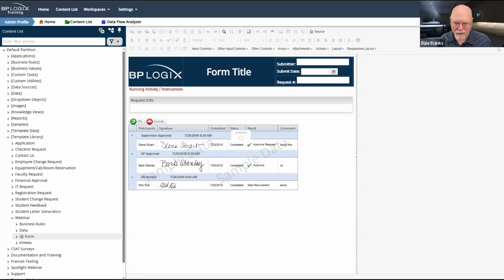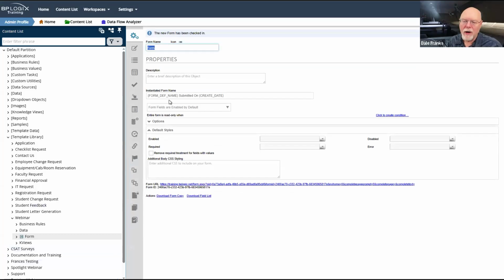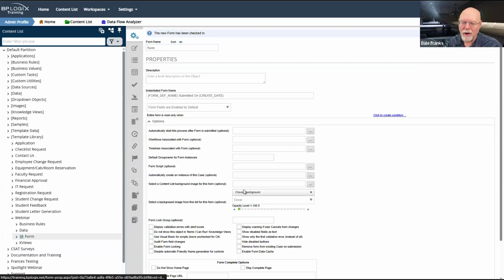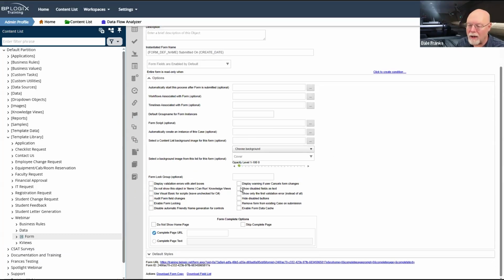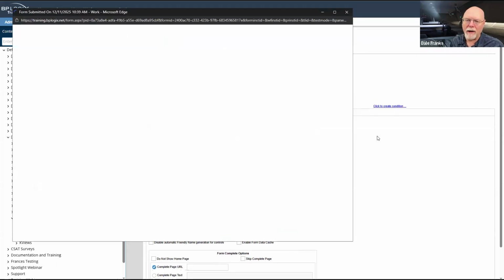So we can go ahead and save the form and then do the standard things that we need to do on the properties tab of the form definition. So when our form is saved, we will have to go into the properties tab. We'll go into our not default styles. We'll go into our options. We can't associate the form with a timeline yet, so we can't do that. But we do at least want to go down here and click the Show Disabled Fields as Text so that whenever we run the form, and we'll just go ahead and update and run the form now.